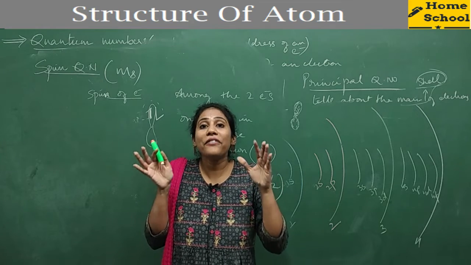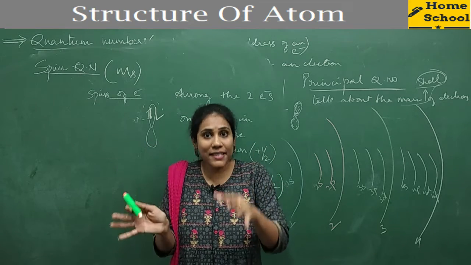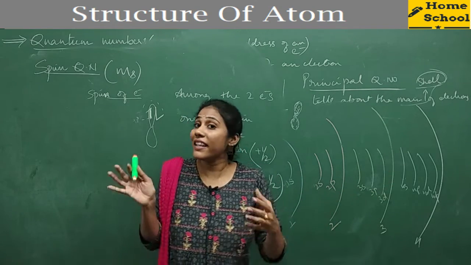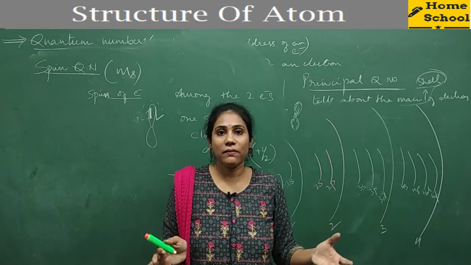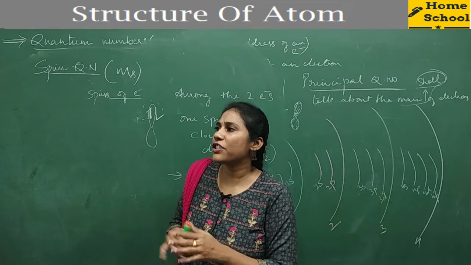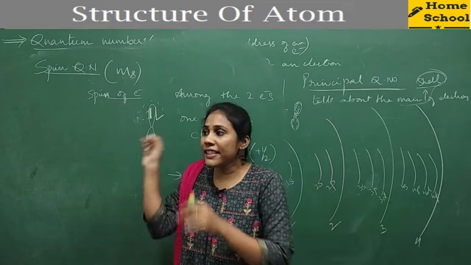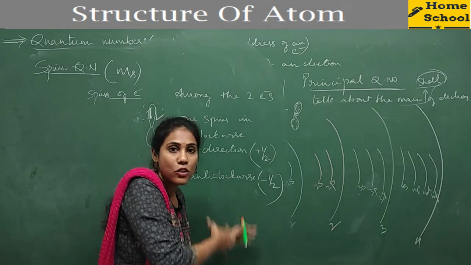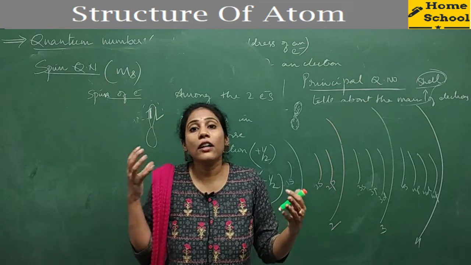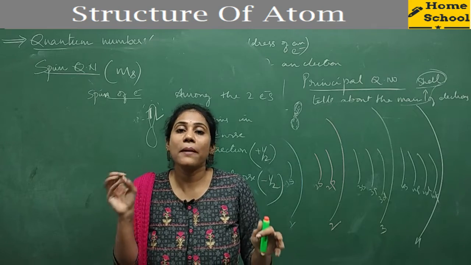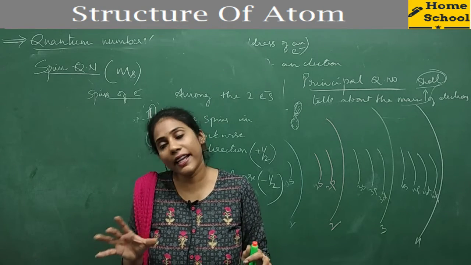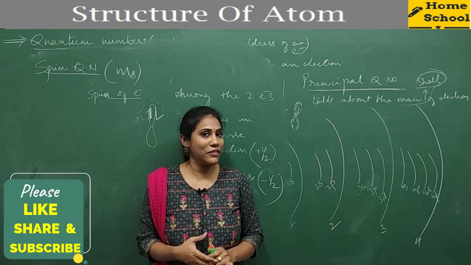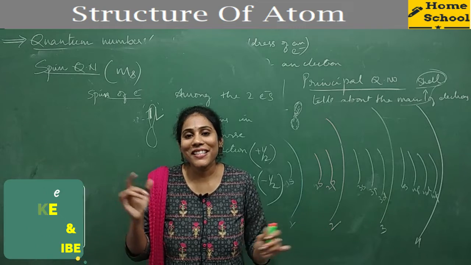That way of representing electrons in various orbitals is called electronic configuration. Looking at the electronic configuration, you can tell, oh, this electron is present in this main shell, in this subshell, again in this orbital. Electronic configuration gives entire information about the electron's location. So we will start learning about electronic configuration in my next video. Until then, keep revising the concept.